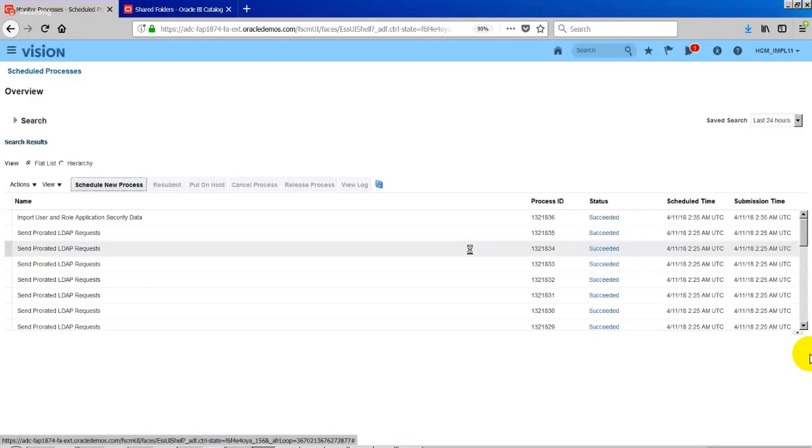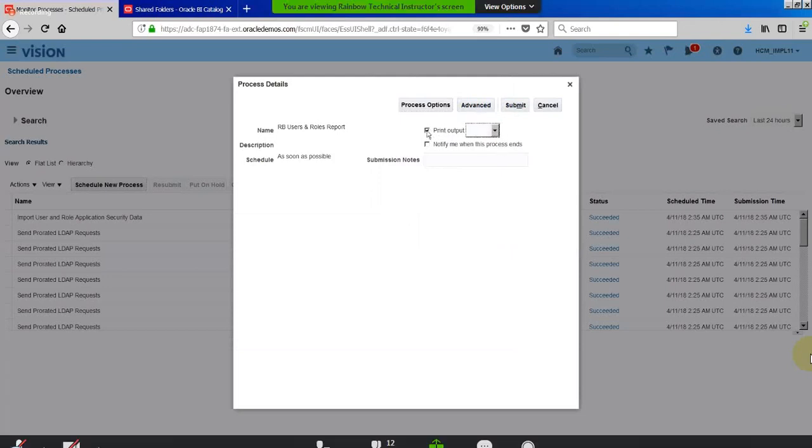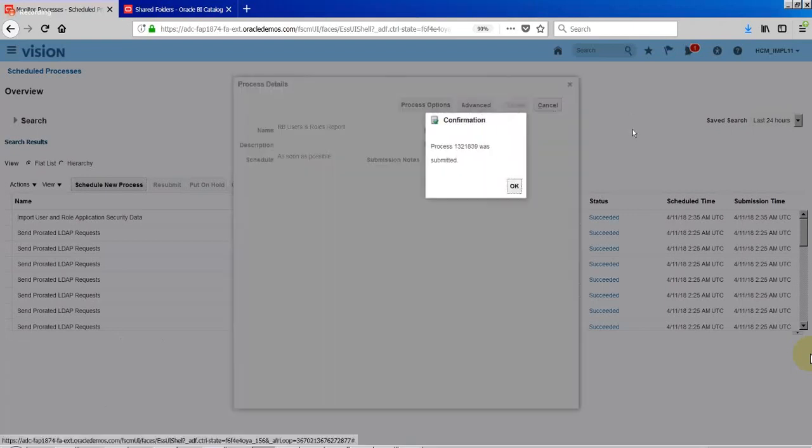As it doesn't take any parameter, I'm not enabling any output. Actually, if it is enabled, then it will ask where we need to print the output. So I'm not enabling anything, so that's why it's showing as blank. By default it will show output on the same window. Submit.